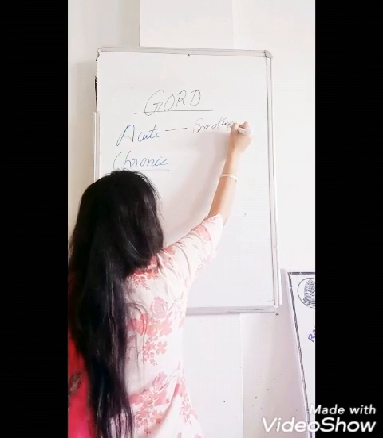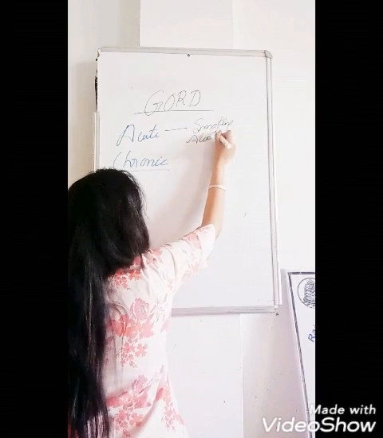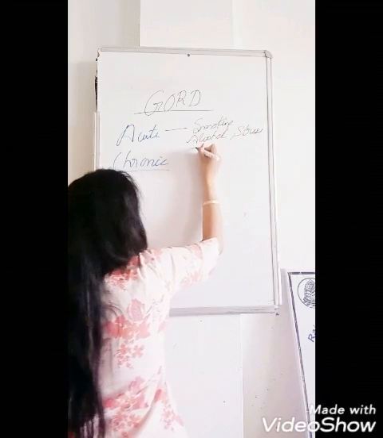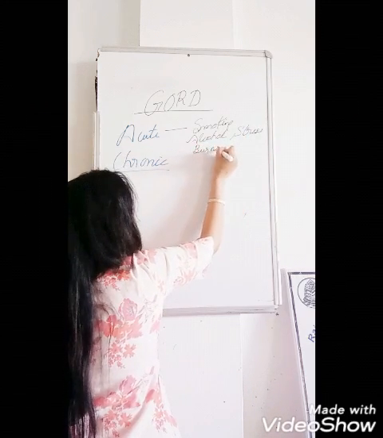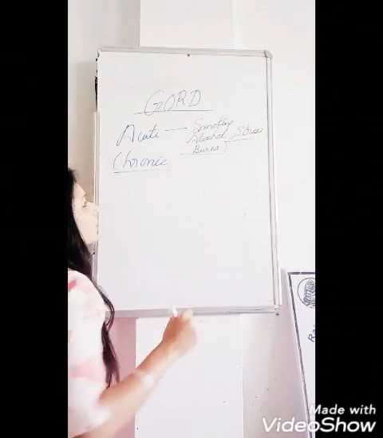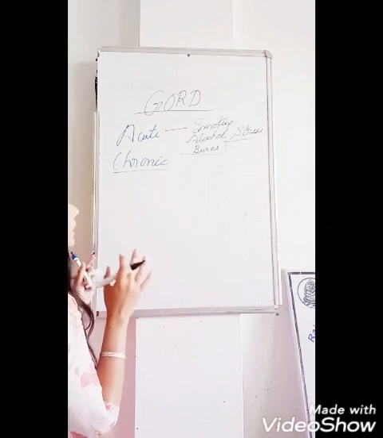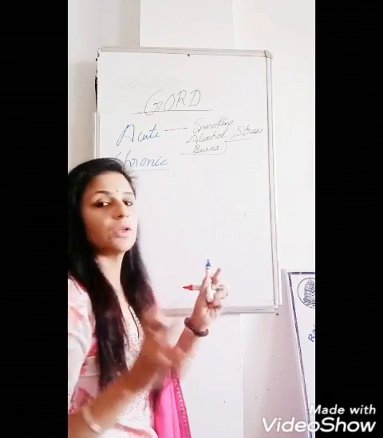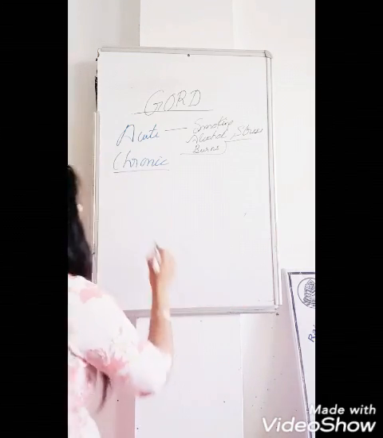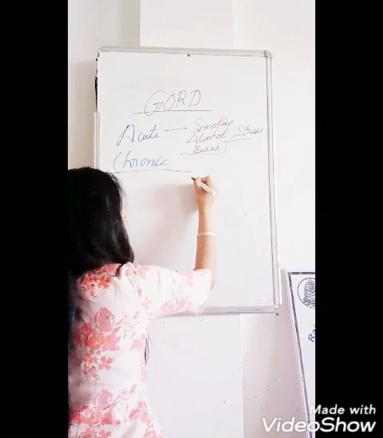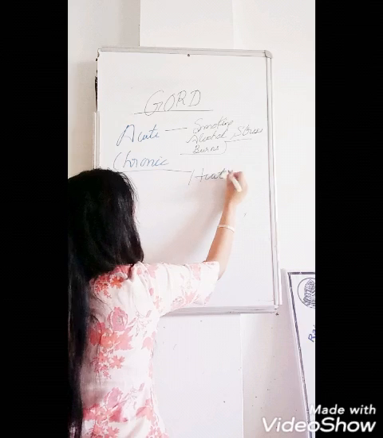After smoking, alcohol can be the trigger factor, or stress can be the trigger factor, or burns. So burns, alcohol, stress and smoking can cause acute GORD. In chronic GORD, the positive factors are hiatus hernia